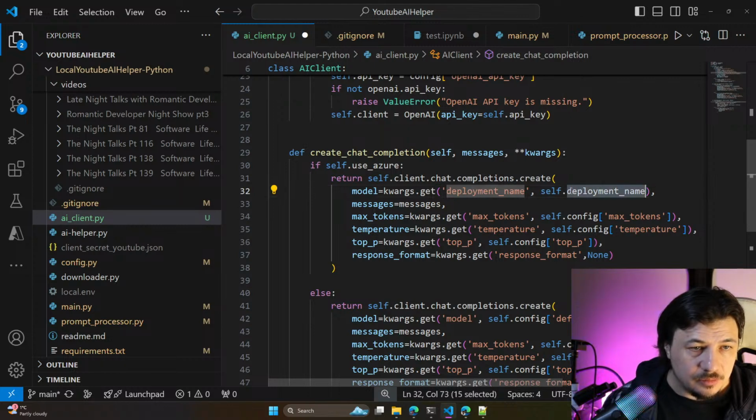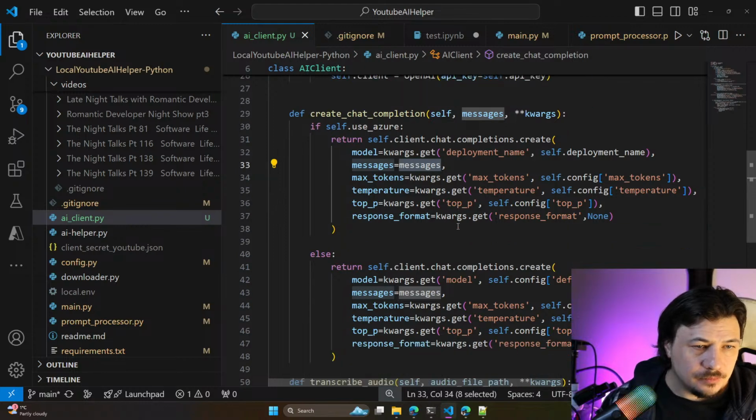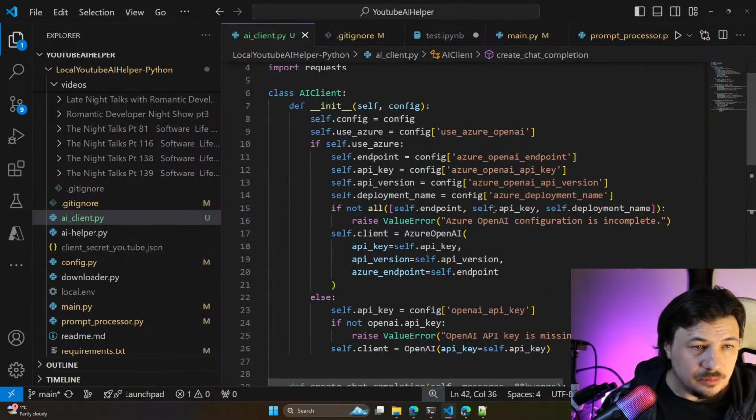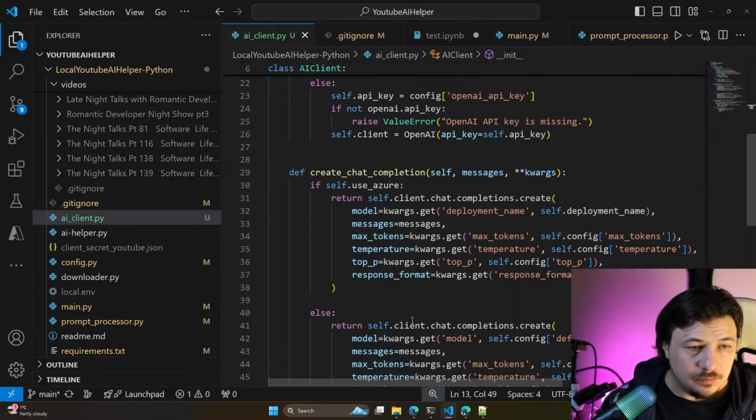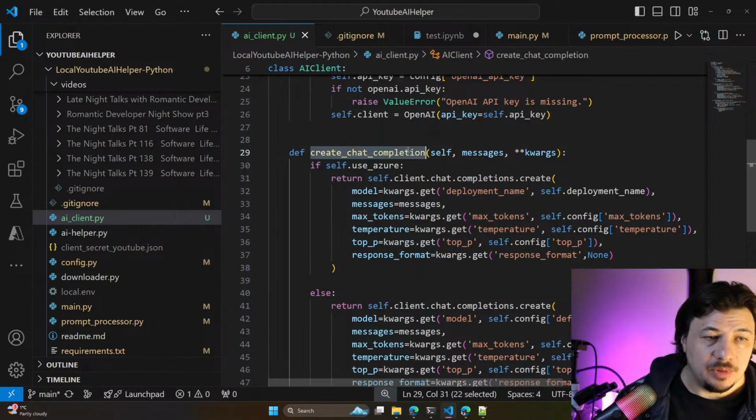Deployment, messages. And here it will be model and default model. Create chat completion.